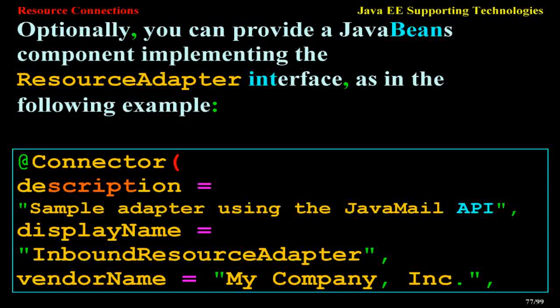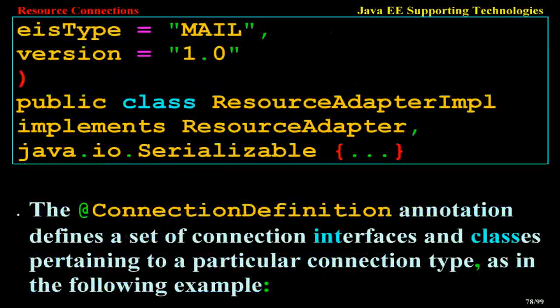@Connector(description = "Sample adapter using the JavaMail API", displayName = "Inbound Resource Adapter", vendorName = "My Company, Incorporated", eisType = "Mail", version = "1.0") public class ResourceAdapter implements ResourceAdapter, java.io.Serializable. The ConnectionDefinition annotation defines a set of connection interfaces and classes pertaining to a particular connection type,